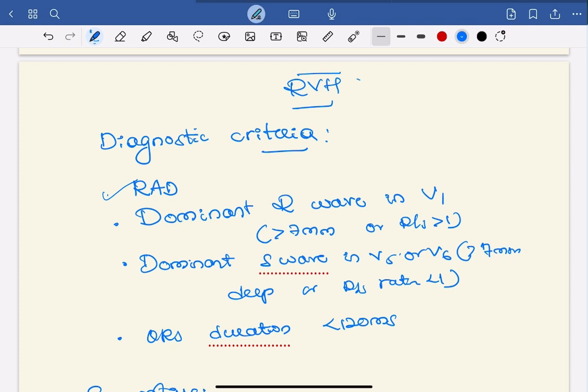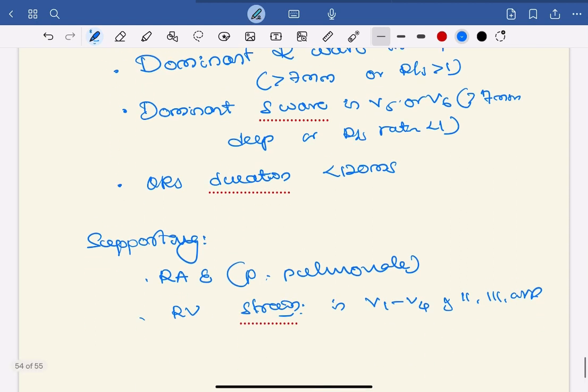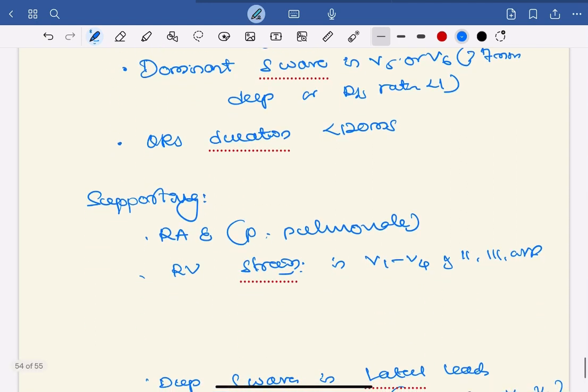And then there has to be dominant R wave in lead V1 that is of more than 7 mm or RS ratio of more than 1, and dominant S wave in V5 or V6 that is more than 7 mm deep or RS ratio of less than 1, and QRS duration has to be narrow that is less than 120 milliseconds. Other supporting criteria are there has to be right atrial enlargement like P pulmonale and RV strain